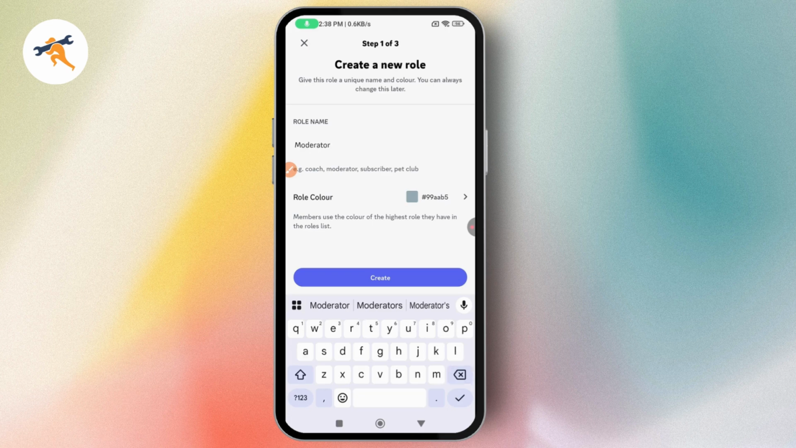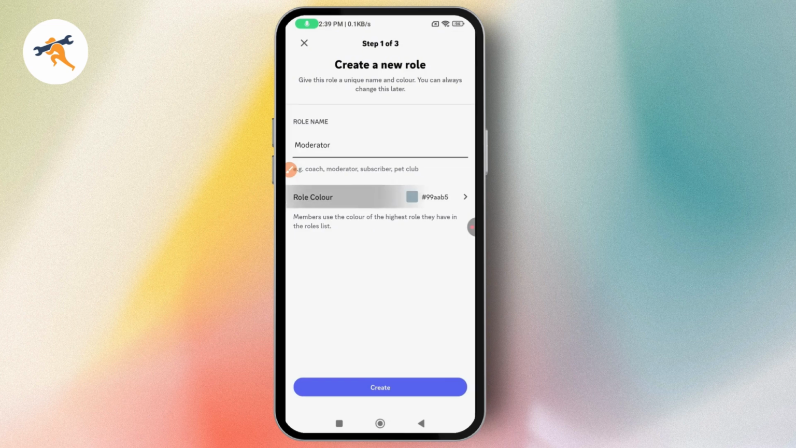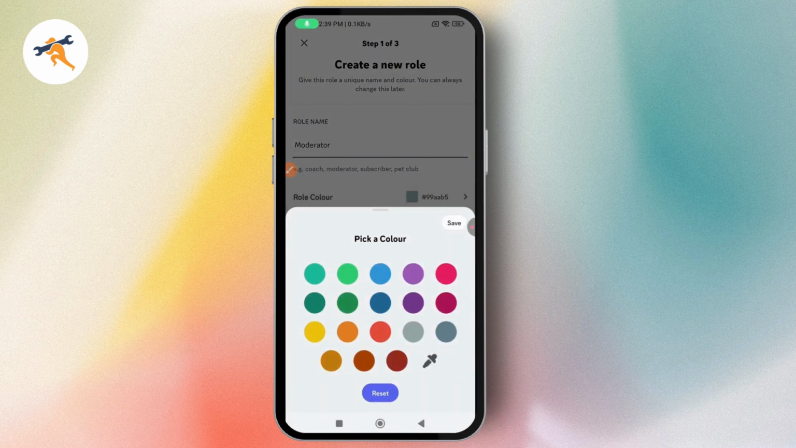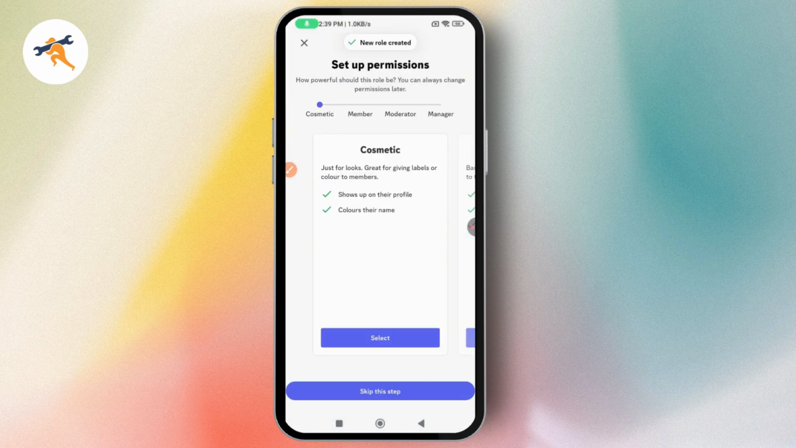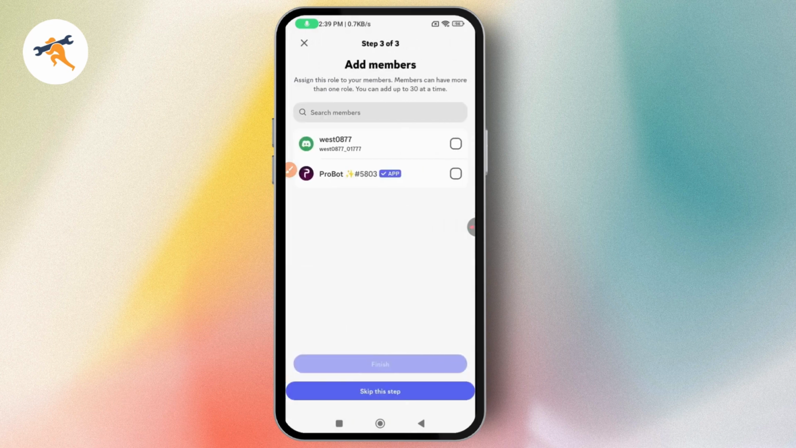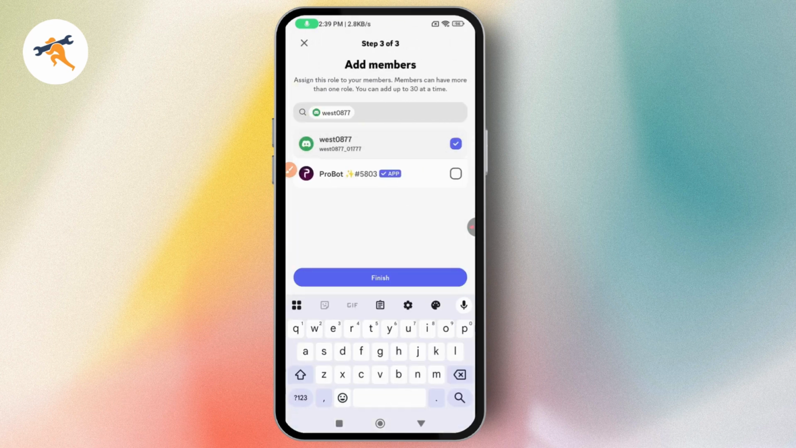After that, you can just simply scroll down and go with any other settings. You can go with the role color, and after that go with save, go with create. Now you can set up permissions, like you can go with cosmetic, member, moderator, or manager. So I'll just simply go with moderator, go with select and add members. So I'll go with a member and now tap on finish,